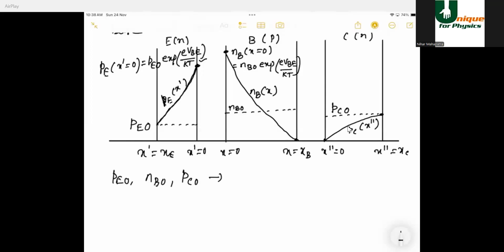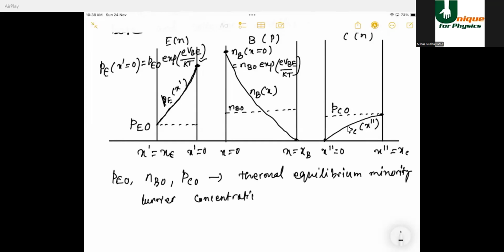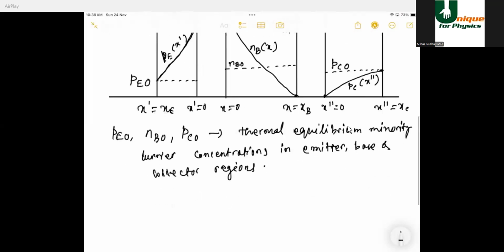These are thermal equilibrium minority carrier concentrations in emitter, base, and collector regions. Okay, and then the functions we said the steady state, that is, we define Px double dash, which